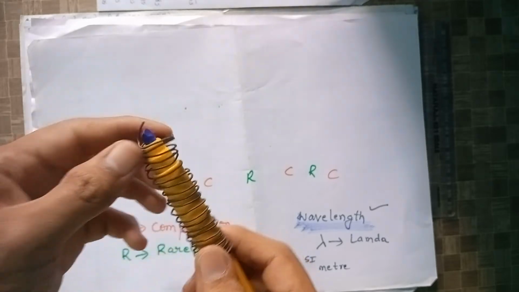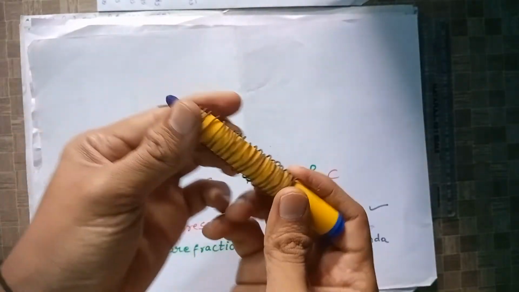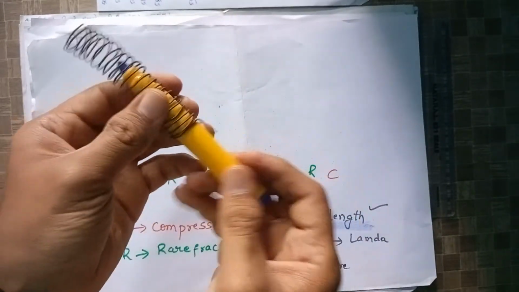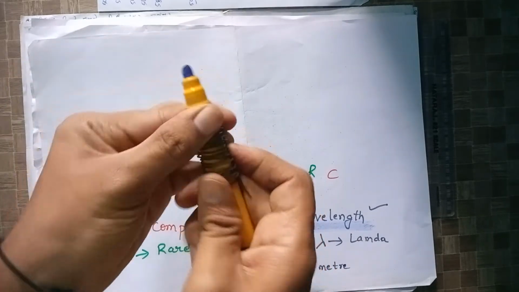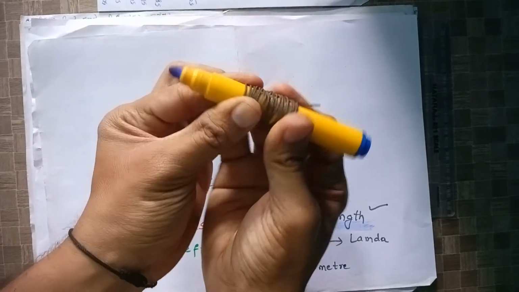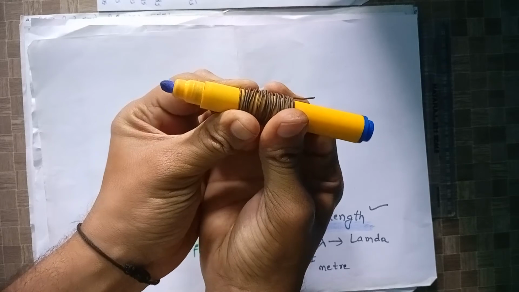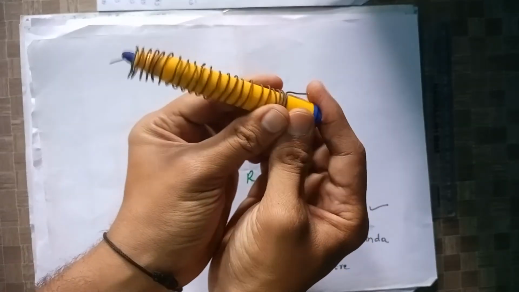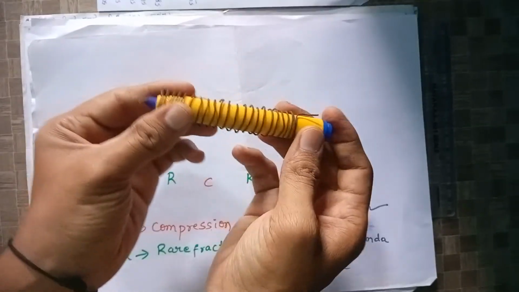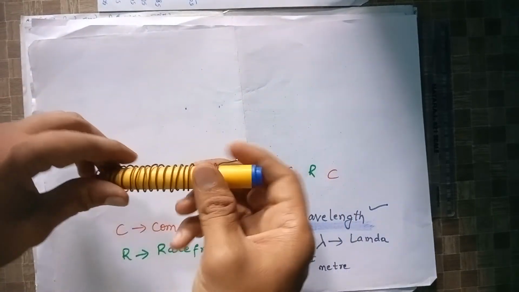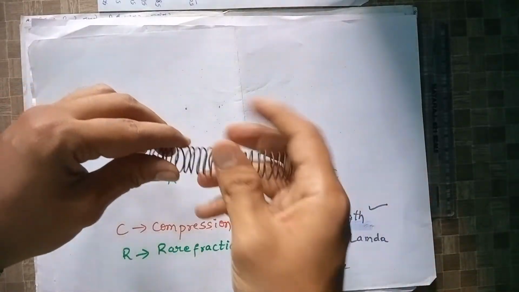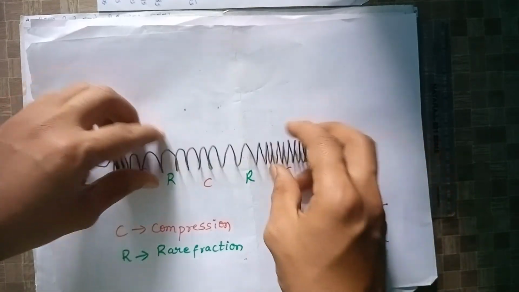I take a sketch pen in order to compress this slinky. Now how does it compress? Look here. When I release, it goes into rarefaction like this. The distance between two consecutive compressions or rarefactions is called wavelength. Next we discuss